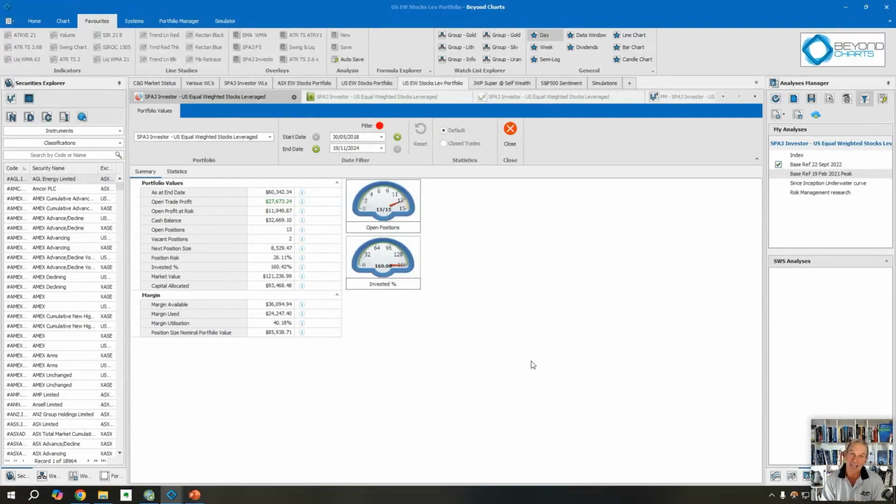And what that does is allow you to increase your position sizes into a rising market, but not so much so that you continue to get euphoric, if you like. You can see we've still got 2 vacant positions here, and we have available cash and we have margin available, but we're not taking those positions because we're 160% invested at this position risk size. And the same thing happens. So it allows you to rapidly increase your position size in rising markets, but not so much so.